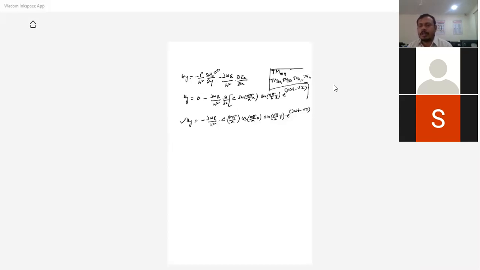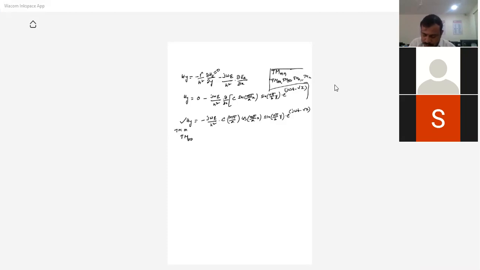Okay, so m value takes integers, maybe from 0: 0, 1, 2, 3 and so on. n also 0, 1, 2, 3 and so on. Okay, so now we can see what are the modes existing in the TM mode. That also we saw in the last class. I don't know how many of you did this. So I'm taking the TM00 mode.